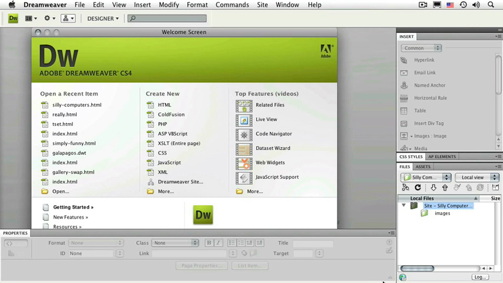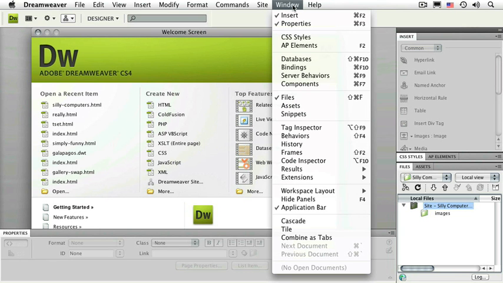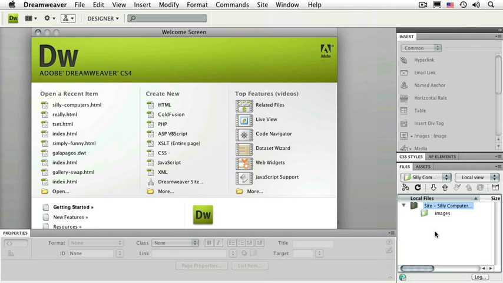Now that we've done the site setup process and we've identified our local root folder, and you'll see over here now in the Files panel, the local root folder. If this isn't open, by the way, you can always go to Window, Files to open it. And if you're still finding your way around Dreamweaver, let me just reassure you, in the very next chapter, I'll